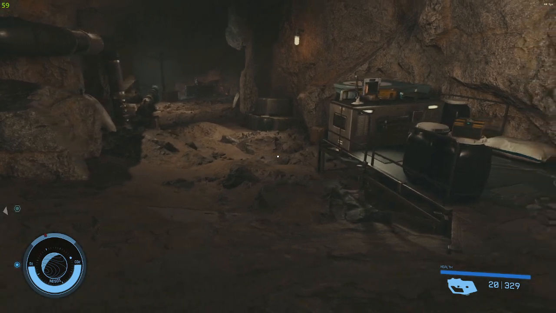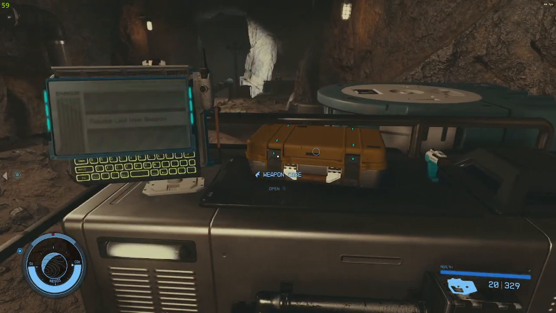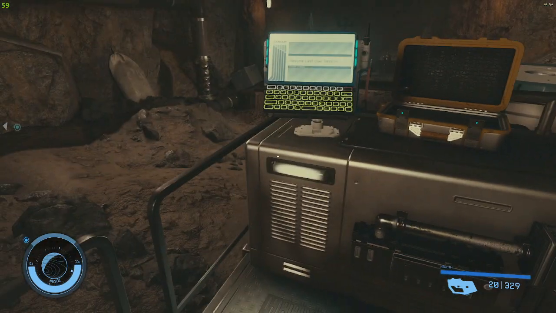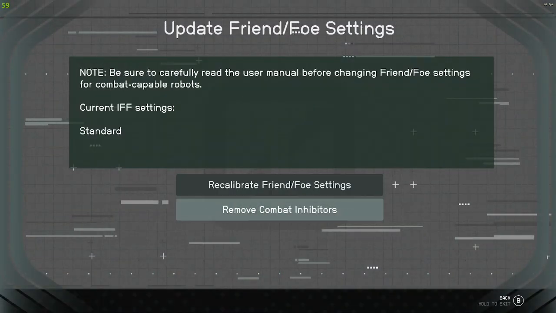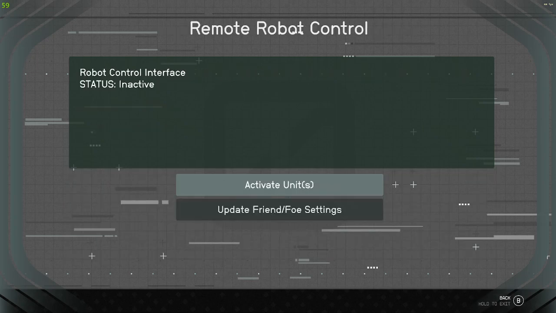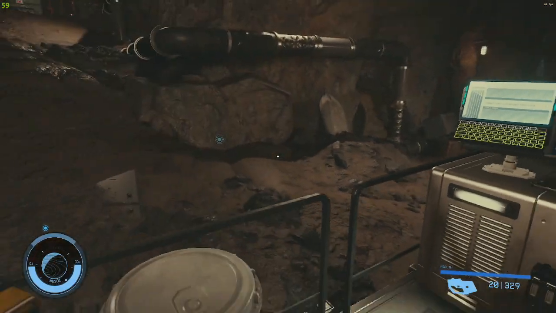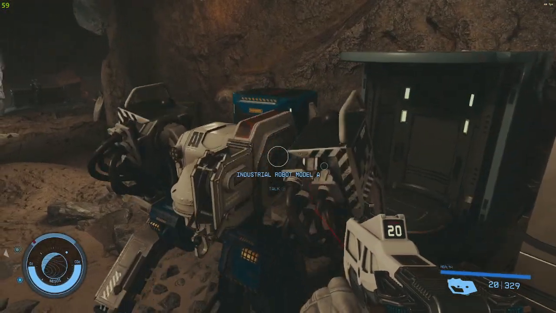Alright, so lots of guys up here. If you want to, which we don't mind doing because we are not a stealth build, you can come over here and access this computer. This accesses a weaponized unit that you can use to be part of your grouping as you're going through this place. It's basically the same kind of weaponized unit as Vasco, but with more...